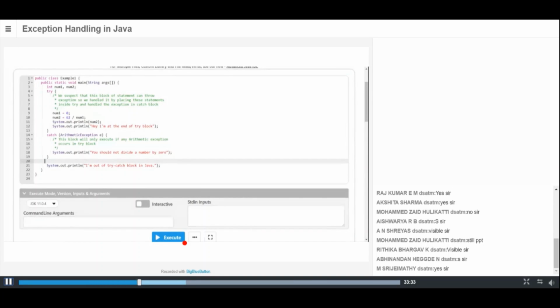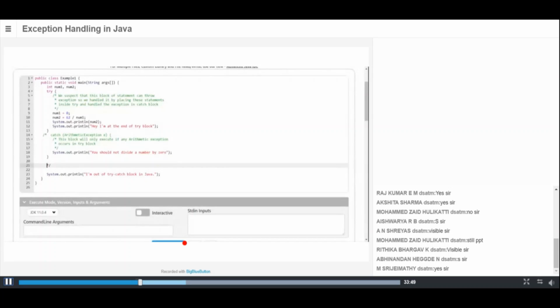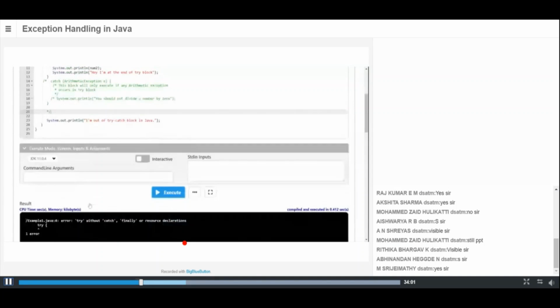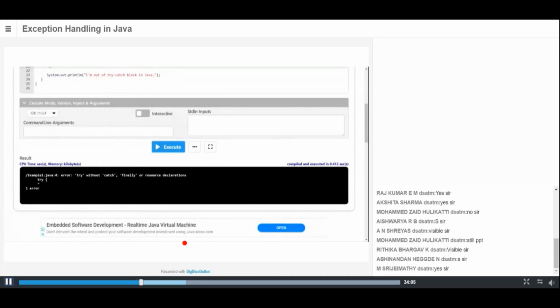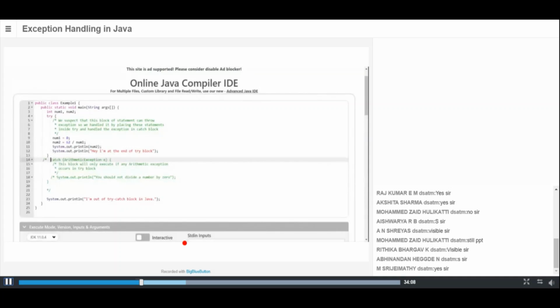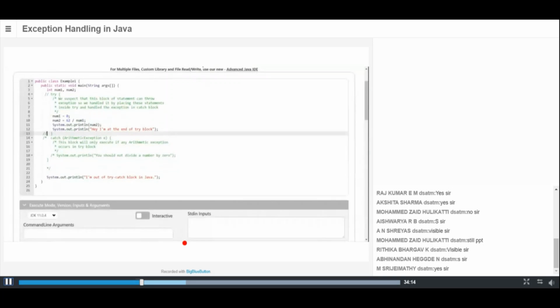Now, if any error occurs in this situation, assume I write a program like this, without even a try statement, and I run it.